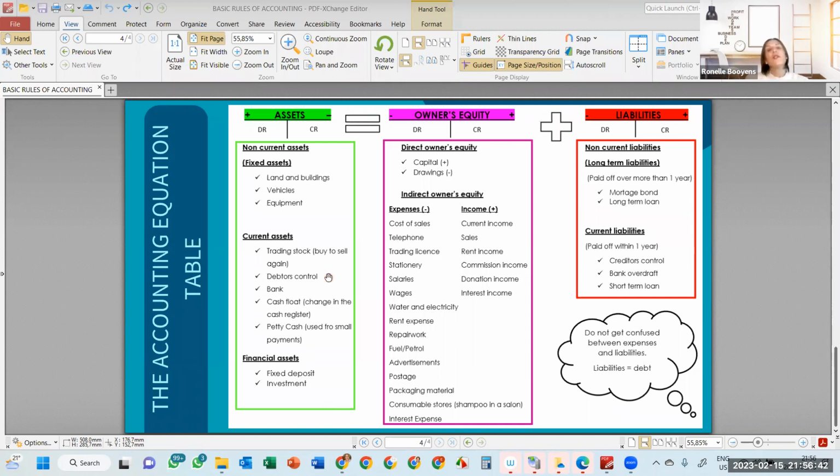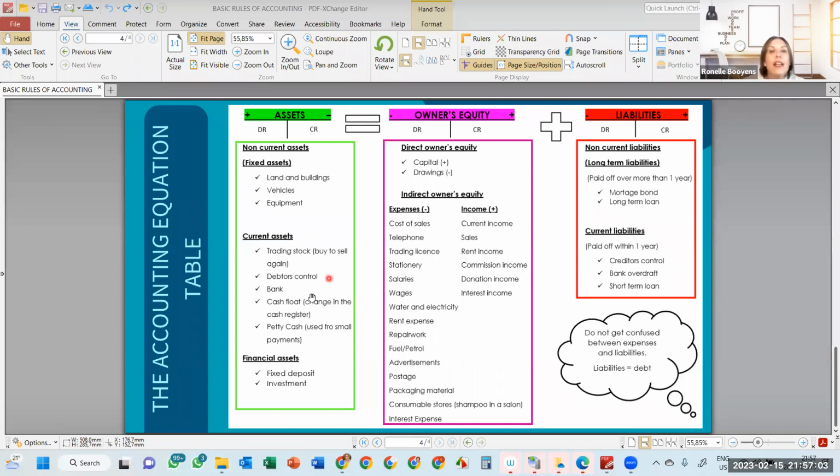And obviously, if you're in grade 9 in term 2, we go through a whole lot of procedures to explain that everybody who comes into our store is not just going to get an account and can buy on credit. There's a lot of procedures that we put in place. So we believe that the people who do owe us money after we've sold to them will pay us back.